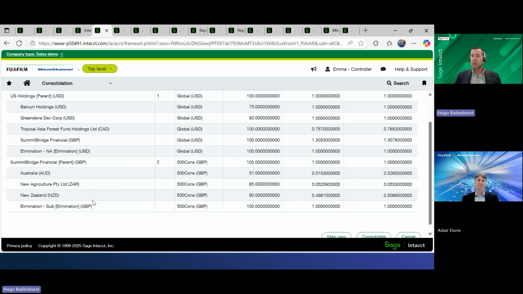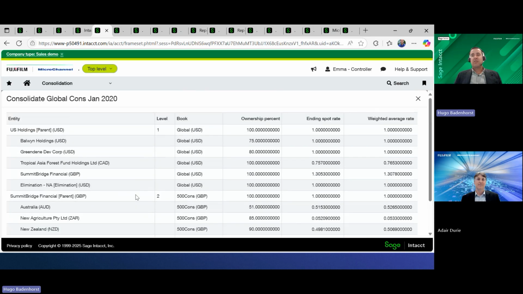From the bottom up, you can see all the entities with their percentage ownership and their currencies, rolling up into a particular currency. Going up to the higher level again, each of them going up, and ultimately in this instance, we're reporting in US dollars. We can see what the ownership percentage is. We can look at our ending spot rate for our balance sheet accounts, and our weighted average for our P&L accounts when we do the consolidation.